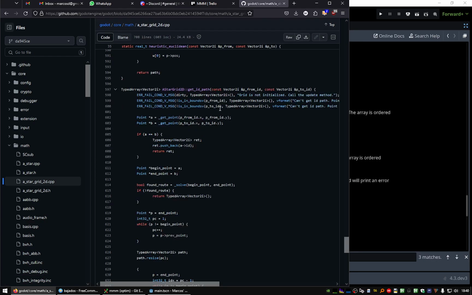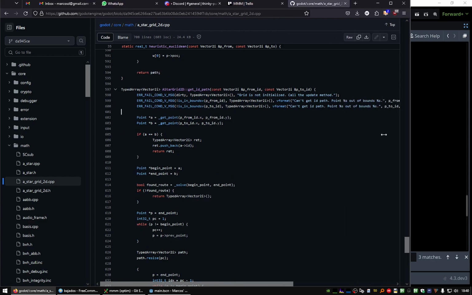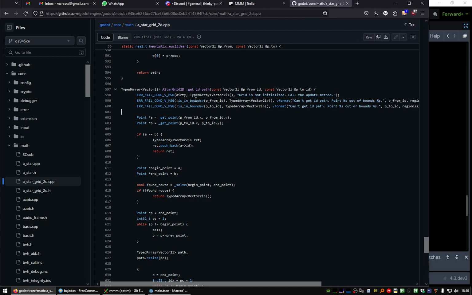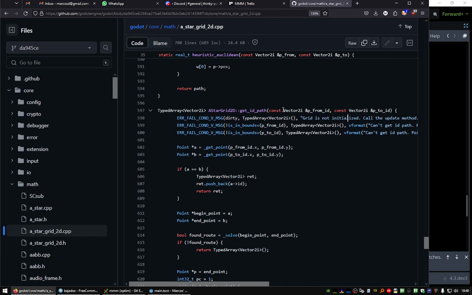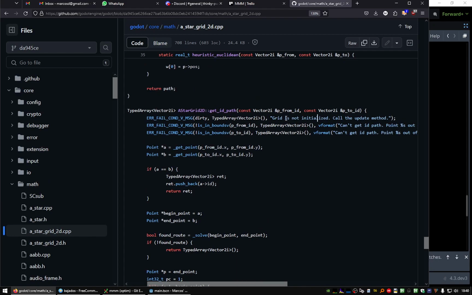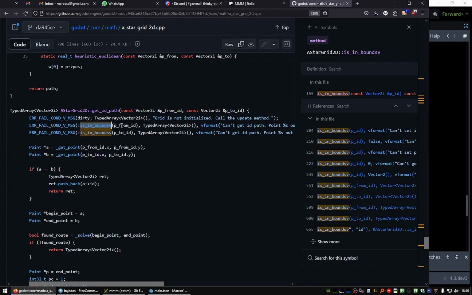In this function, we are checking several things. We are checking if the grid is not initialized. Let me enhance the font. We are checking the boundaries of the grid,